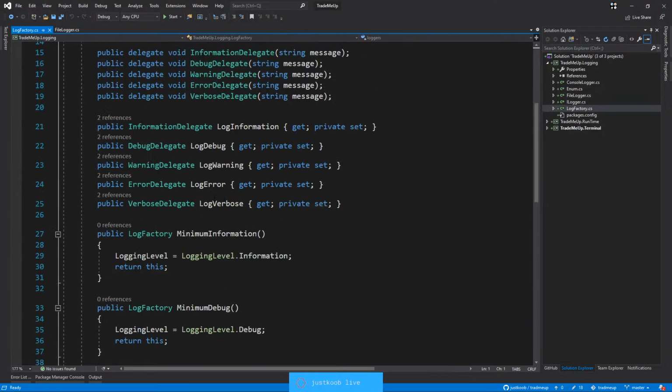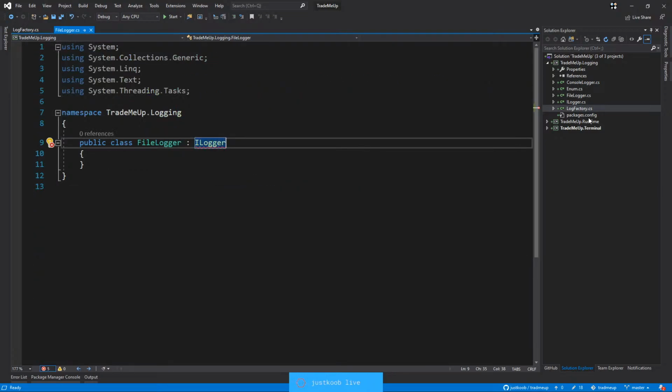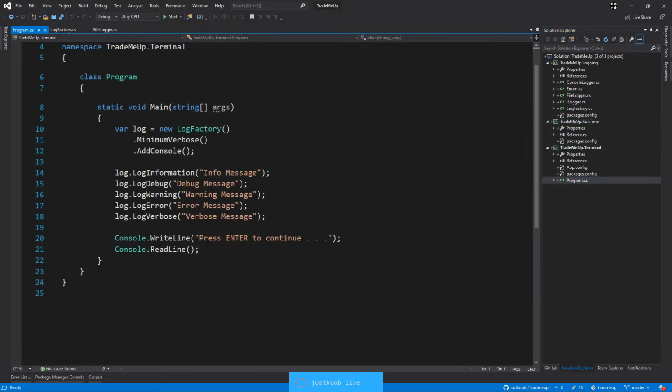This definitely, these should be private, right? The delegate's fine, whatever, you can make it public, but these properties, okay, so it's private set, fine, but we should not be calling them to log. No, we shouldn't even be calling them. So just let me explain here again. So basically we're calling these delegates directly, and then in each implementation